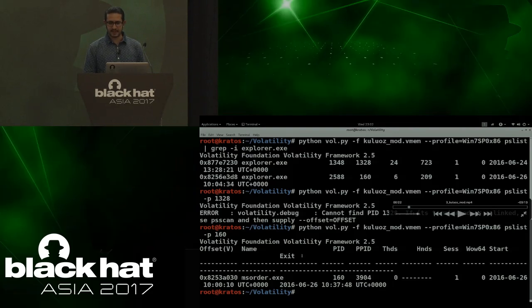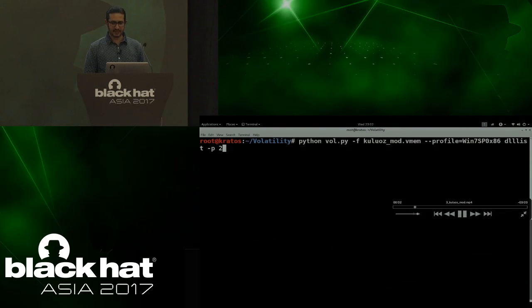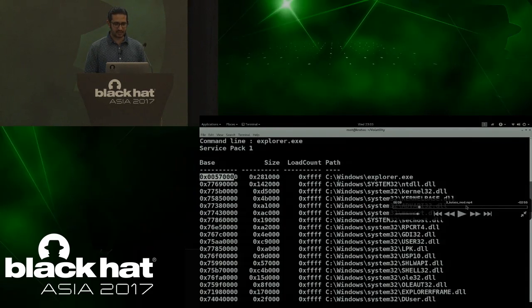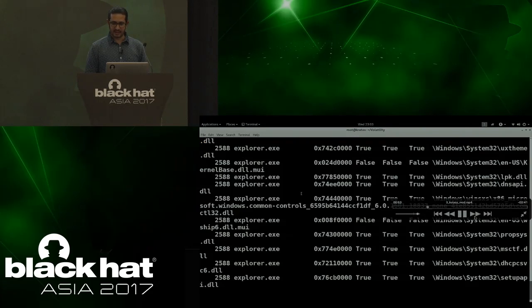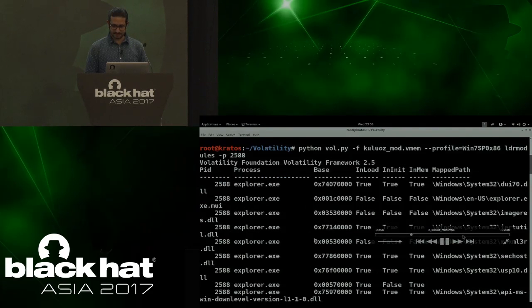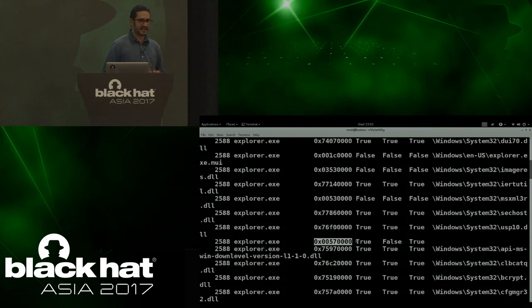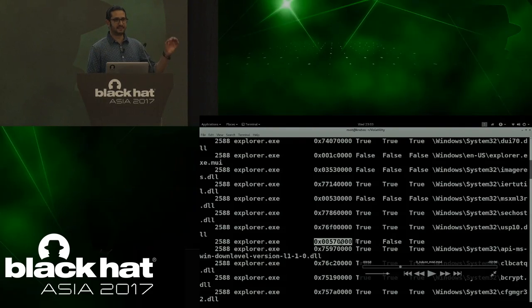That's one thing. Second, running the DLL list, which looks in the PEB structure, you see that explorer.exe is loaded at this address. Let's run the LDR modules. According to the LDR modules, at that address there is no path, giving you a feeling of Stuxnet. Again, traditional hollow process injection. Now while you are analyzing, you might think that you found a hollow process code. Probably next what you'll do is you'll run Malfind.